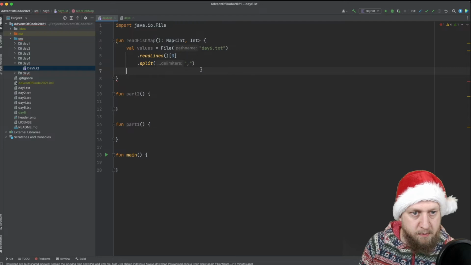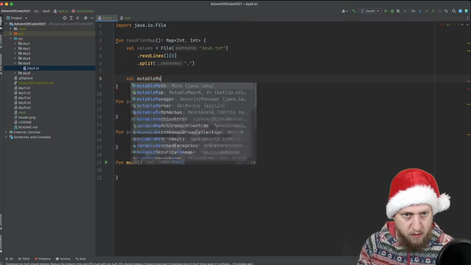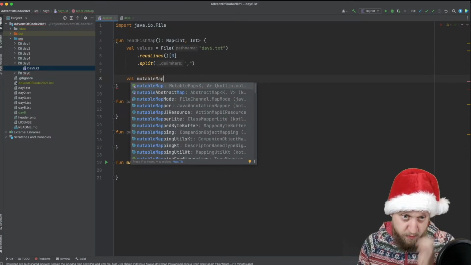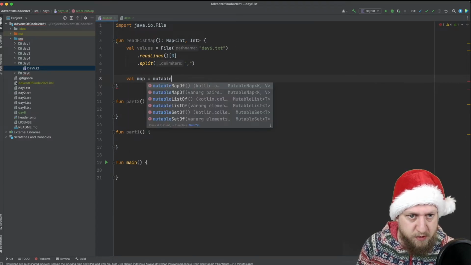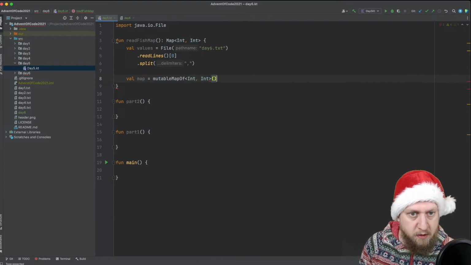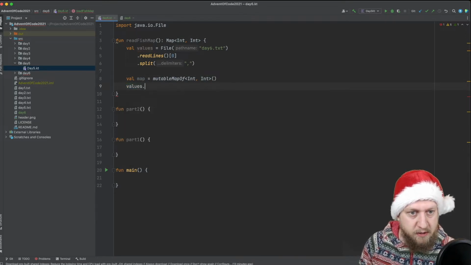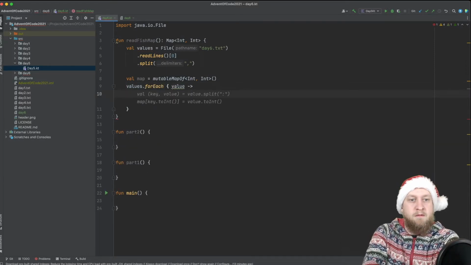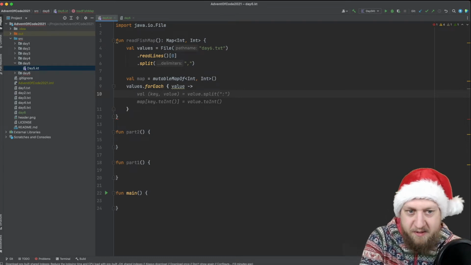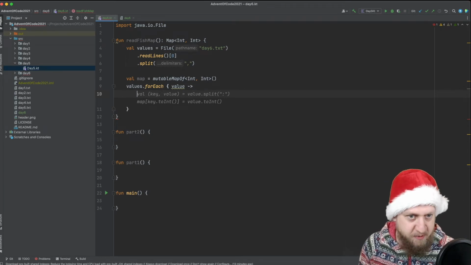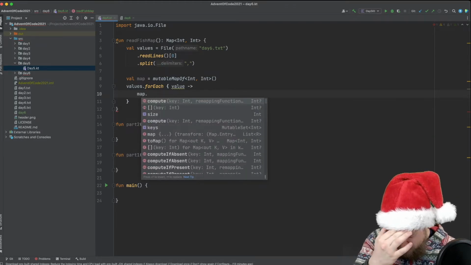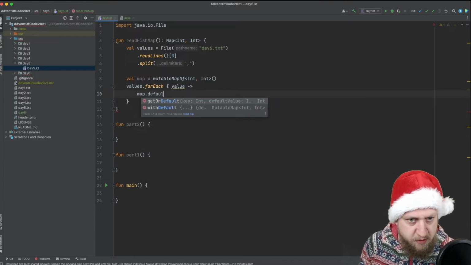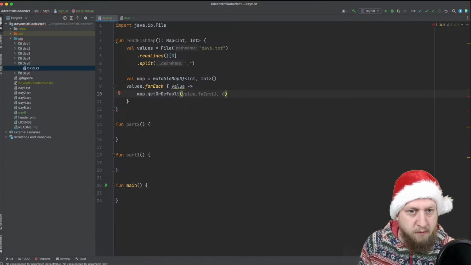And then we create the map. Oh no, sorry. Map equals mutable map of int to int. And then we loop over our values and count. Let's see what Copilot suggests. It splits it. No, that is not what we want. We want to do a map. And then what's the getOrDefault? That's what we want. For this value,